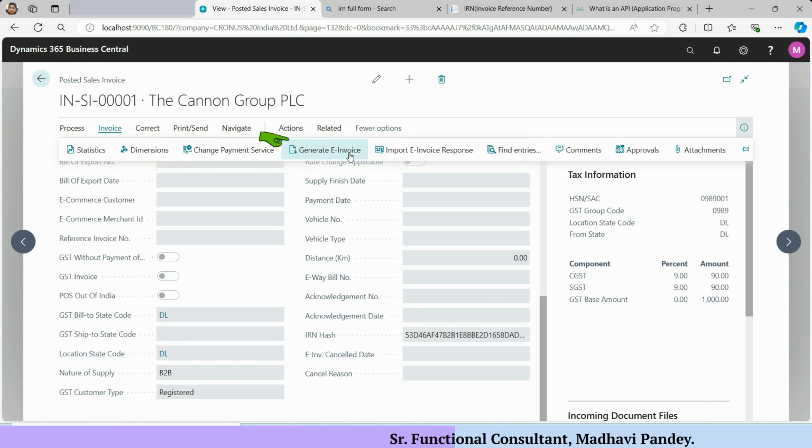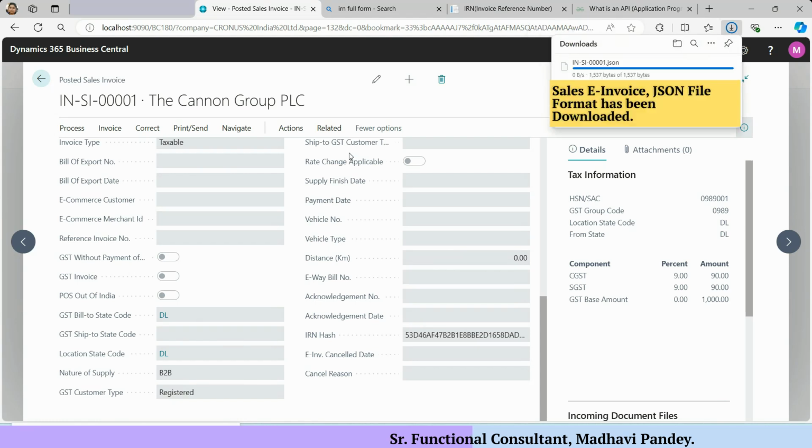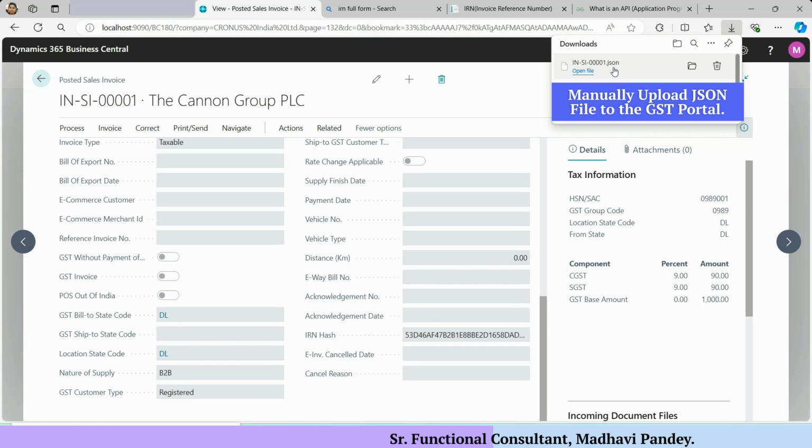You can upload multiple invoices at a time, or you can upload a single invoice based on your choice. So first you need to create it. See, the JSON file has been created. You can use this file for uploading into the government portal, the GST portal.